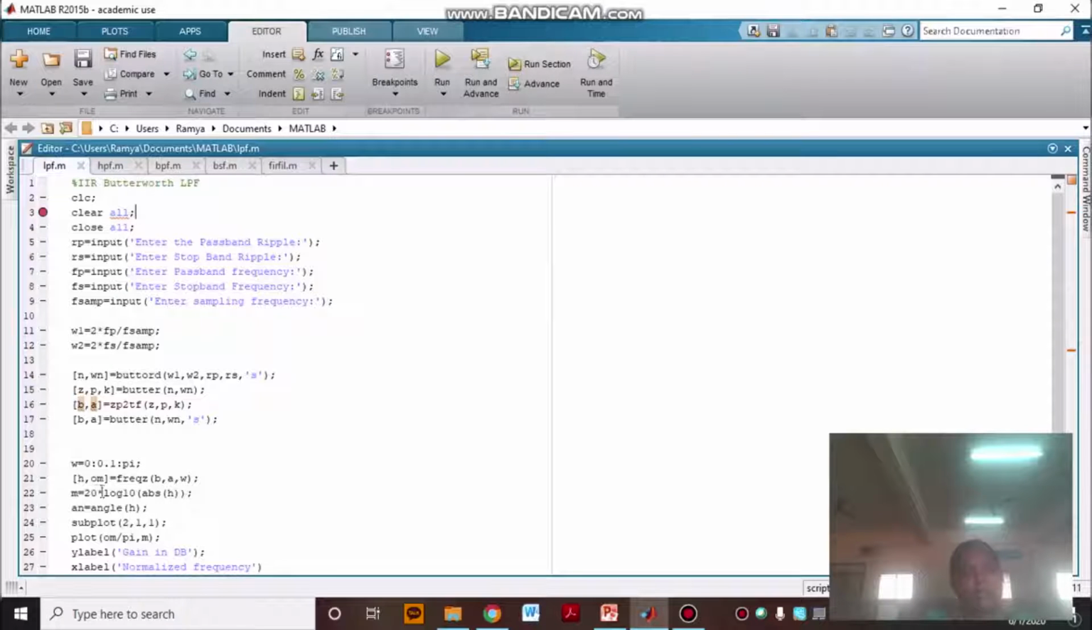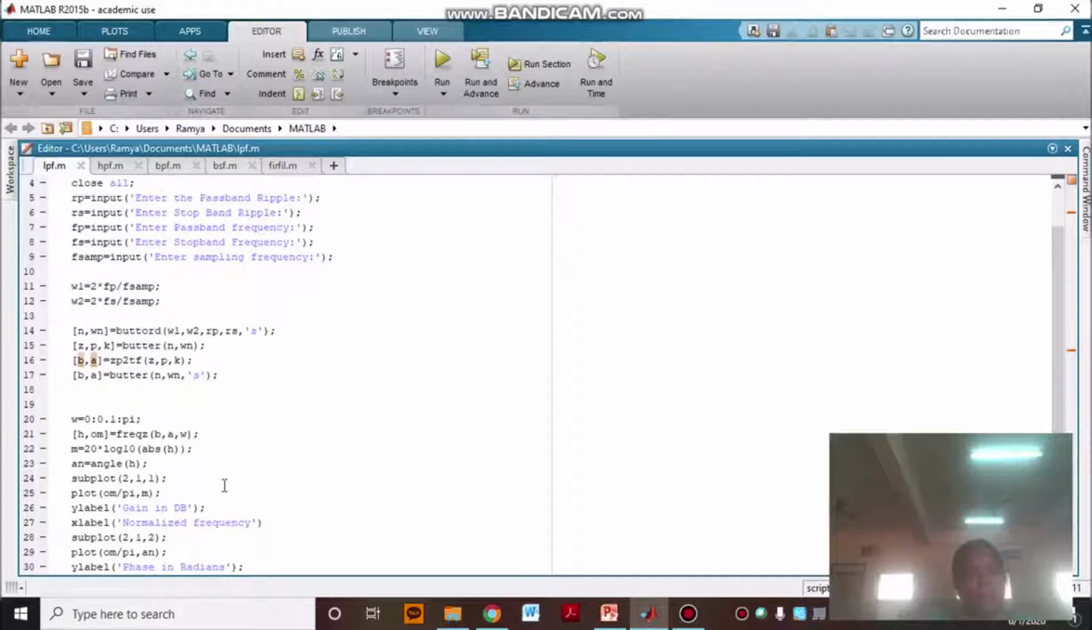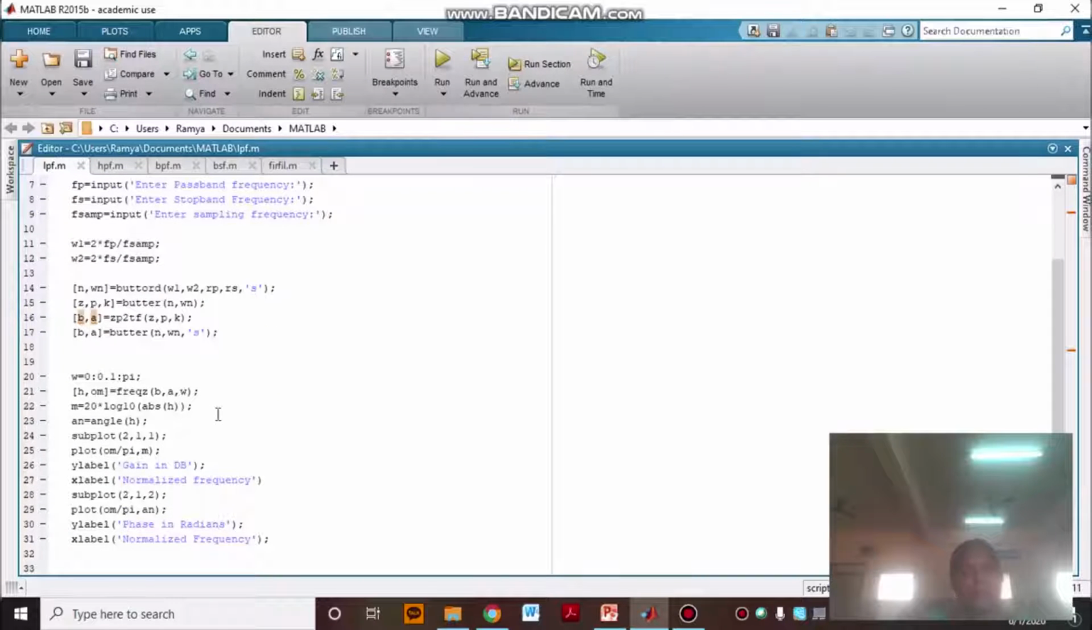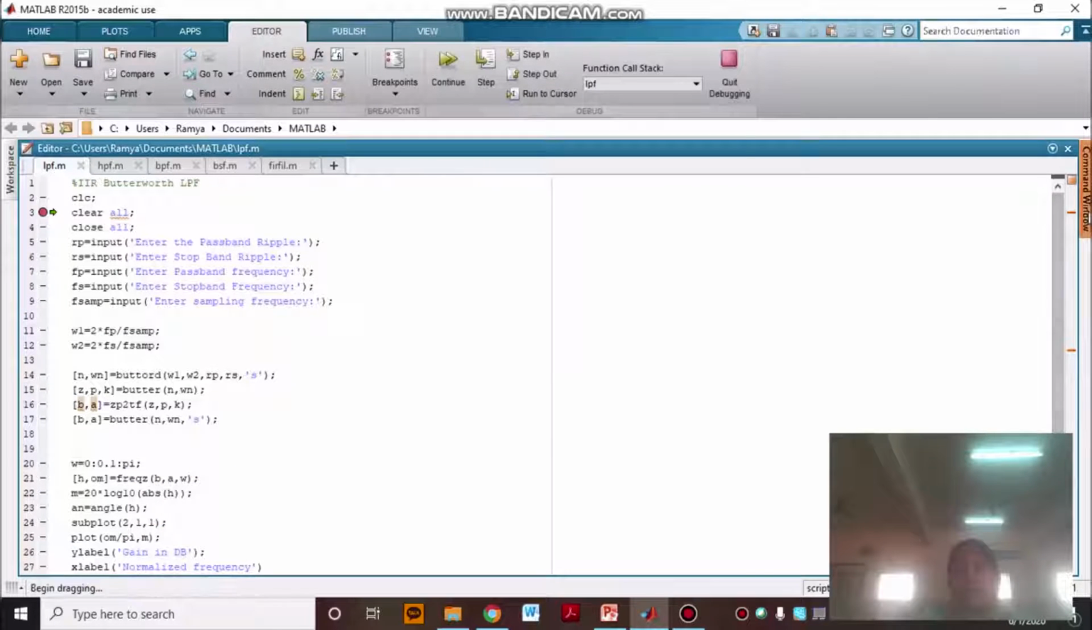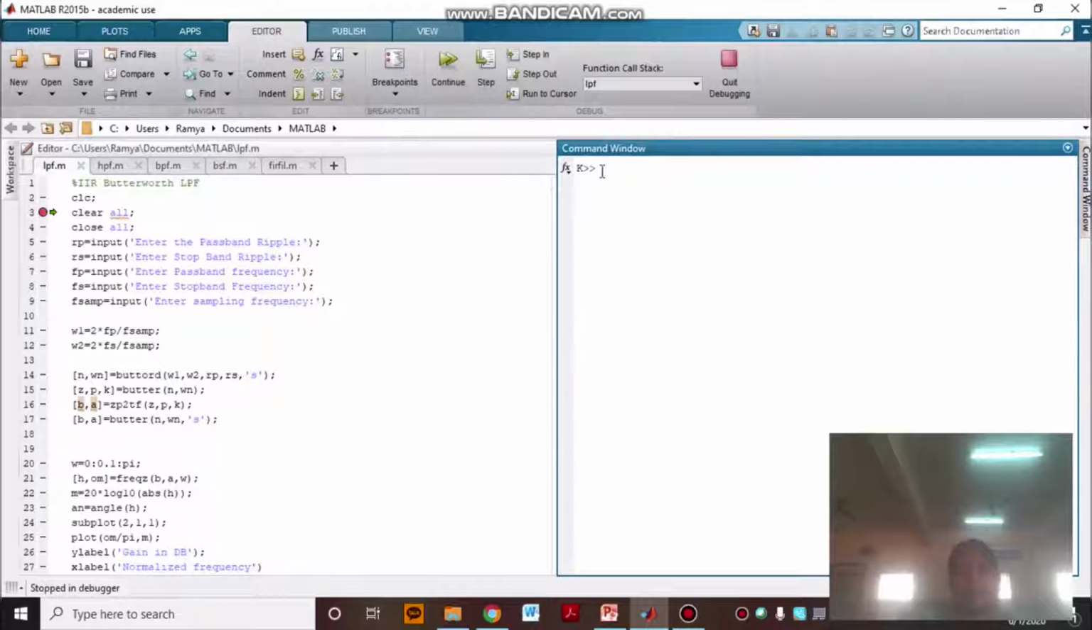So for that m is equal to 20 log base 10 abs h, and for angle it is angle h, and subplot will be 2 comma 1 comma 1. Okay, so I am going to plot the magnitude response and phase response. So next I am going to run this program. While running this program, you need to give the inputs like Rp,